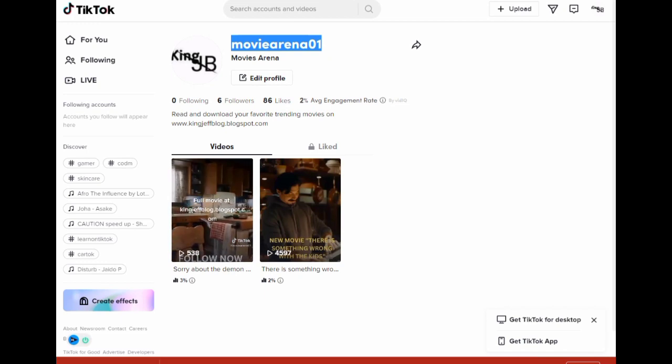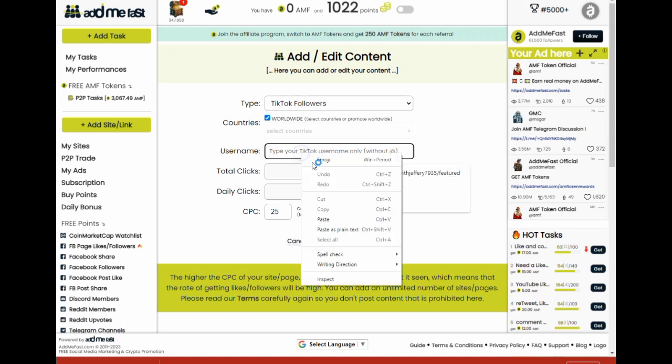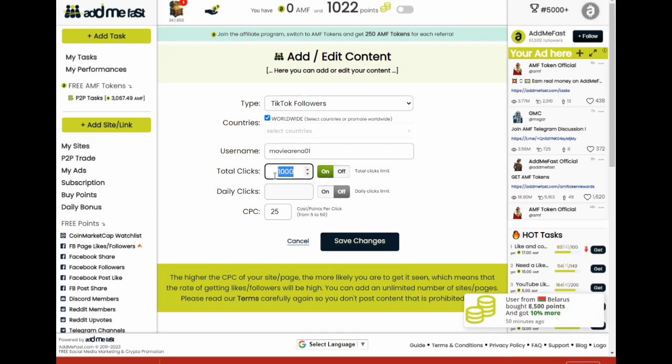So I'm going to put that here. And then it says how many clicks. So this also I'm going to choose about 20, because I need 20, and then I'm going to pay 5 for that.